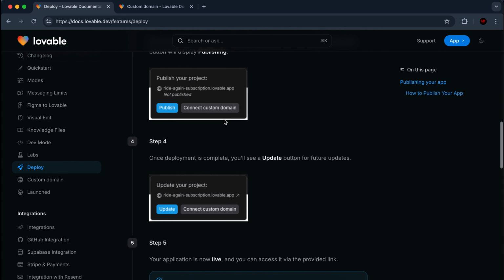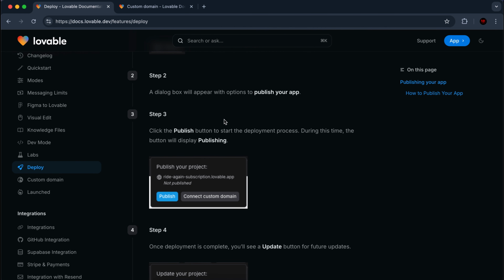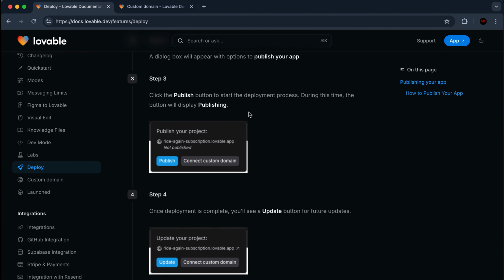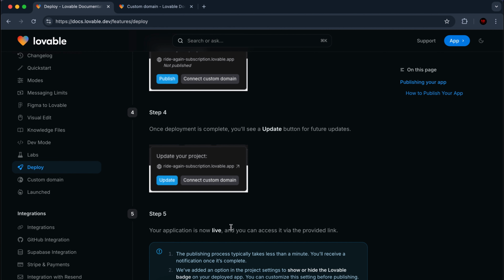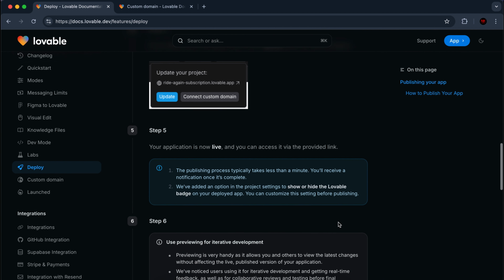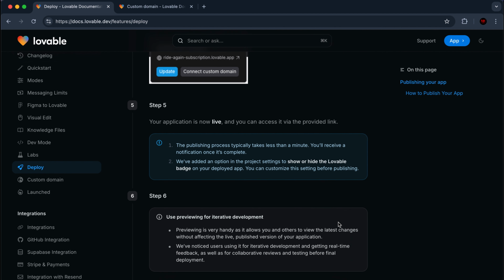very simple. Once you click on the publish button, it starts the deployment process, and during this time, the button is going to display publishing. And once the deployment is complete, you'll see an update button for future updates. So your application is now live, and you can access it via the provided link. So it's going to give you a link, and you can access your application through that link, and so can